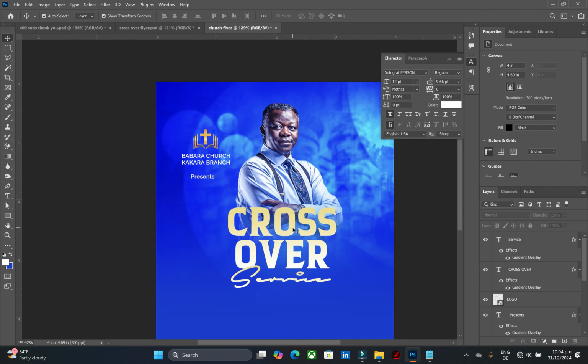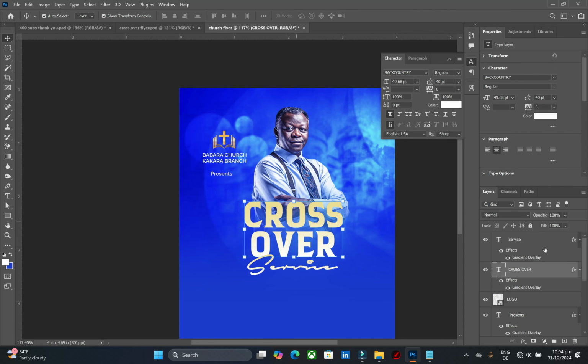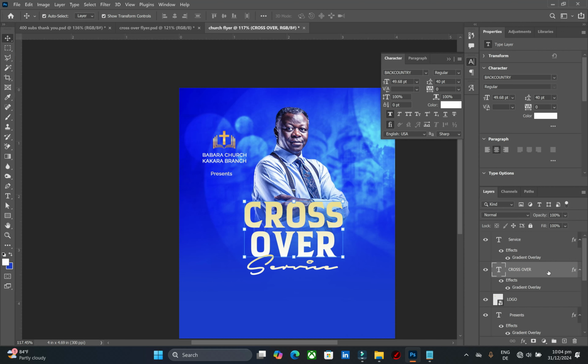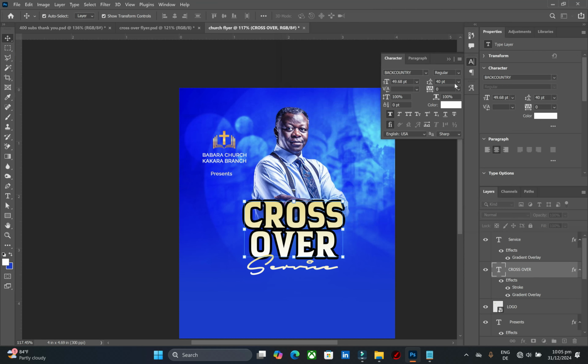So now that I have this, the next thing I have to do is to start designing, start transforming the text. First, I will add a stroke to the crossover, and I can do that by selecting the crossover layer and selecting the layer style, left clicking on it, and I can select stroke from here. I'm going to use a black stroke, and I will increase the size a little bit like this, and I will press OK,